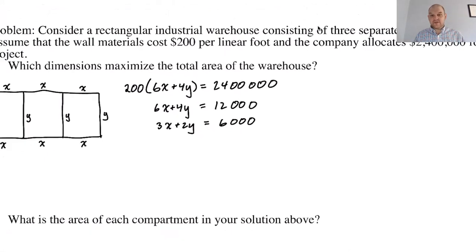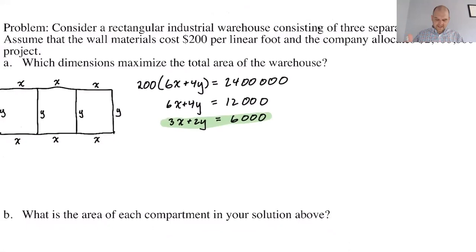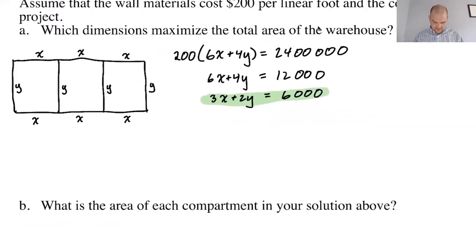It's not great, but this is going to be my helper equation. So maybe I should highlight this in some weird color. So you are my helper equation. So that guy's going to come in, save the day when we have some formula that involves too many variables. Which dimensions maximize the total area? All right, what is the area of this thing? So the area